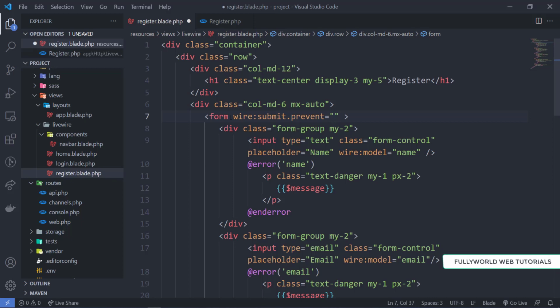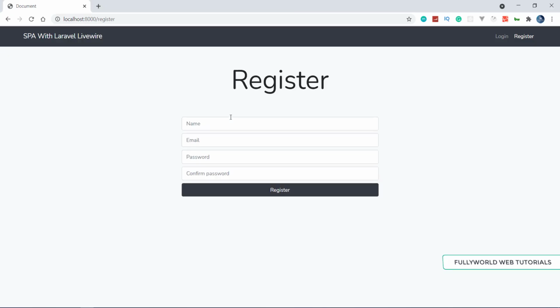Let's define handleSubmit. Now I'm going to refresh it.